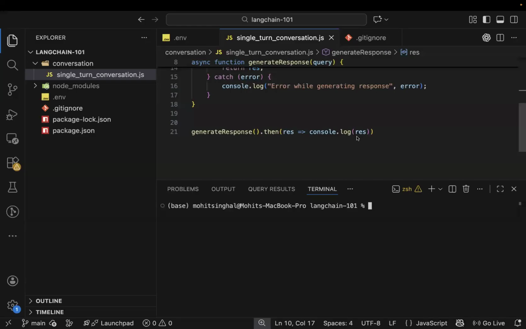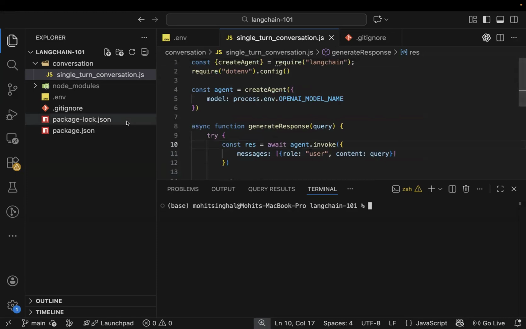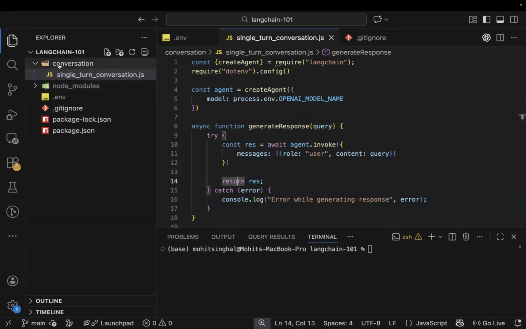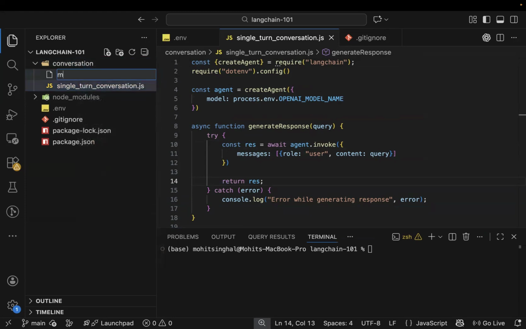So in the previous part, we completed the singleton conversation. I just rearranged the folders for better visibility, wherein I created a conversation folder where we had singleton conversation. This was basically the basic agent.js file, which I have now renamed as singleton conversation. Now we are going to have a multi-turn conversation added here,